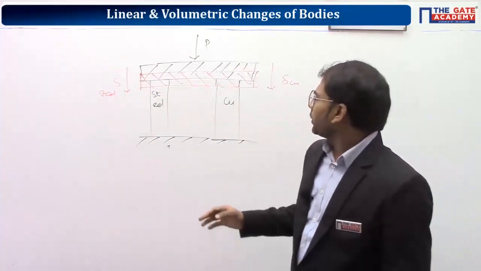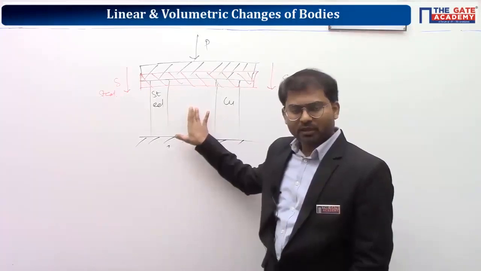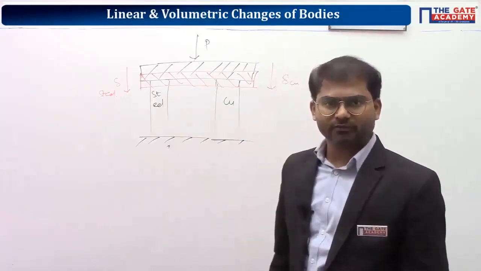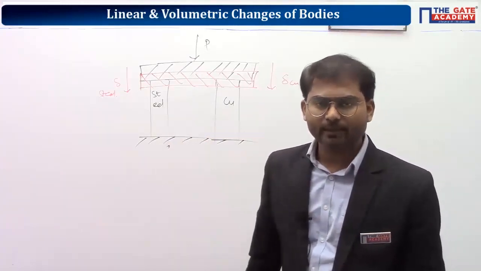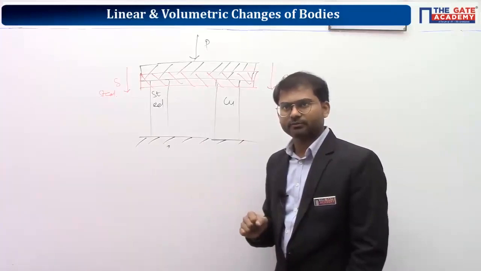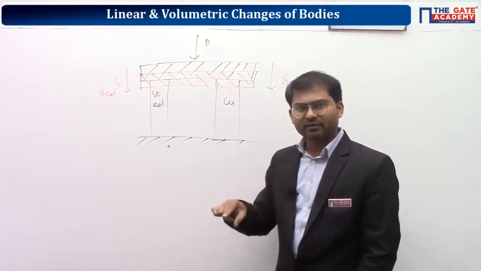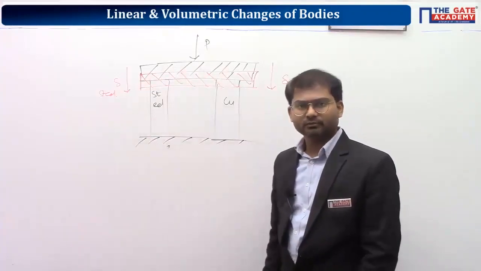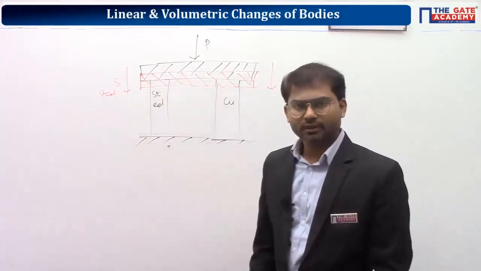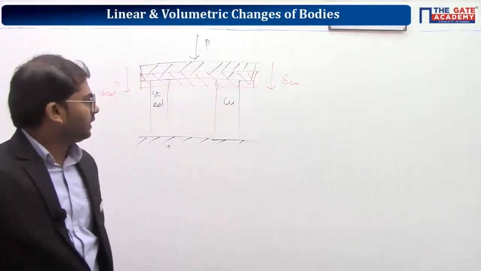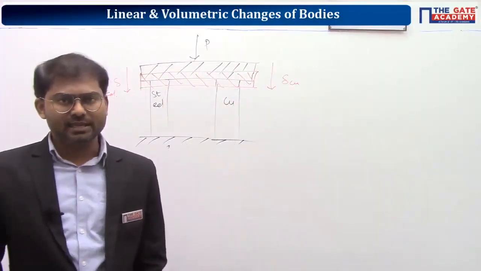Understand? If you have this scenario, the concept is completely the same as the composite bar concept which we just started. We'll deal with these types of numericals also in this section. In this section, we'll never deal with those cases where delta steel and delta copper are different, because it becomes something different. Understood? Okay, clear? So we'll be going with only the cases where the elongations of both the materials are the same.